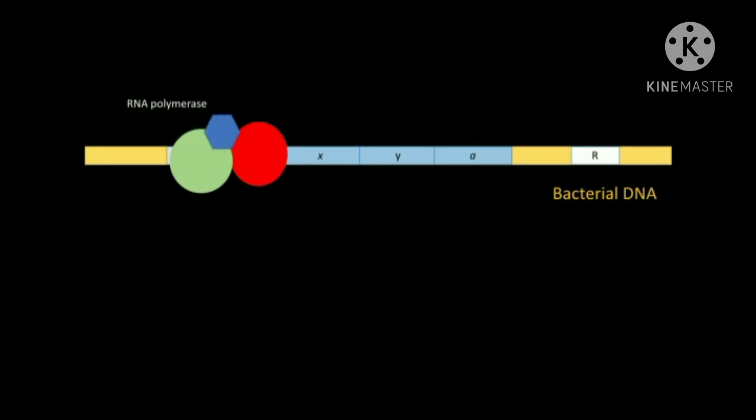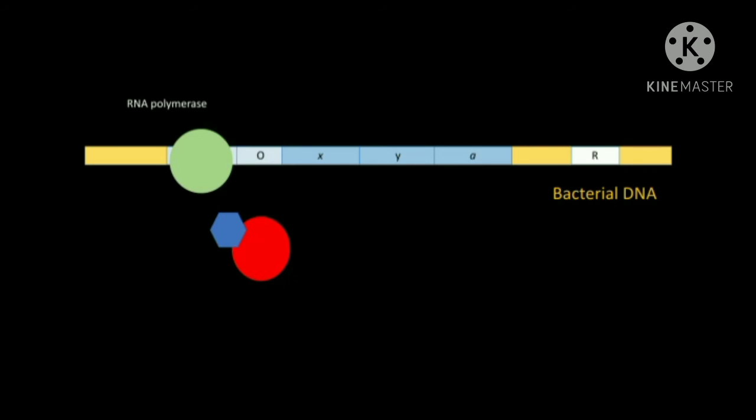Then it binds to the Lac repressor. When the lactose binds to the repressor protein, this changes its conformation. Then it becomes unable to attach to the operator. When the repressor protein is not attached to the operator, the structural genes get transcribed and then enzymes are synthesized. So these enzymes catabolize the lactose.